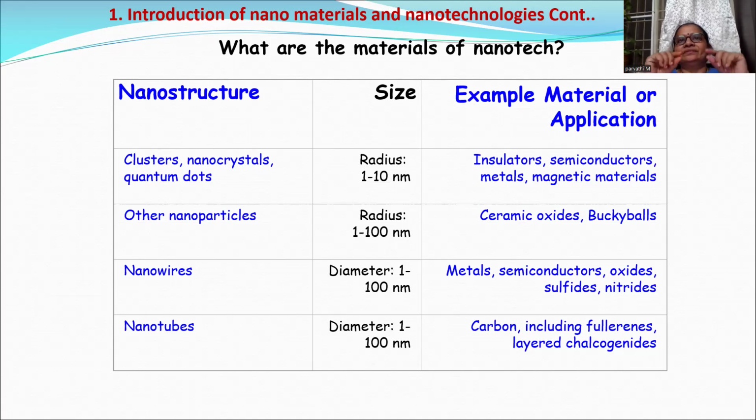Nanowires are different. Nanowires are like stretchable strands, whereas nanotubes are curved in shape. These nanotubes are of diameter 1 to 100 nanometer, and nanowires are also of diameter 1 to 100 nanometer. But the application is different, because nanowires are used for metals or semiconductors in real scenarios, but nanotubes can be used for including pollutants or layered materials, one layer after the other. Then